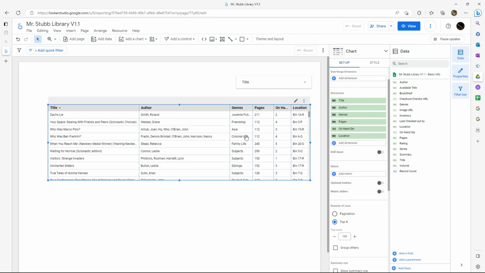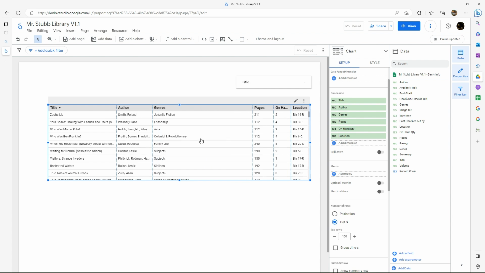So now that I have all of the categories that I think my students are going to want to see, and I know you're probably saying, hey, what about the summary? We're going to come back to that and add that separately. So what I'm going to do is adjust the widths of each one of these columns so that it looks a little better than it does right now. You can do that by simply taking your mouse and putting it over the line,